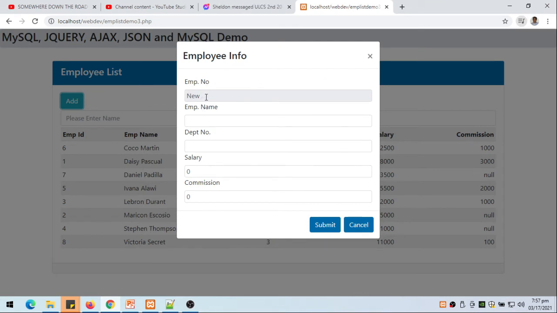So again, empno is new. That's according to our jQuery. Then blank blank 00, if we still remember. So let's place a name. Let's say the name here is Zion Williamson. Department number 2. Salary is 12,300. Commission is 1,500. So once I click on the submit button, if you still remember, we're going to pass the data using POST,